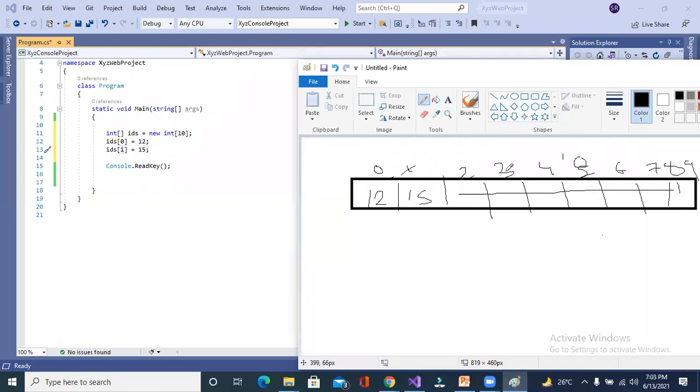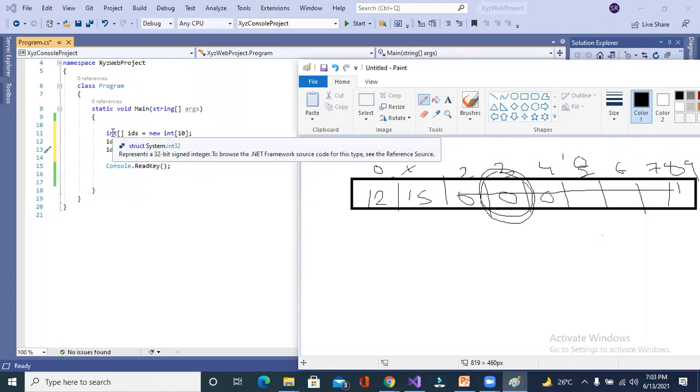If I try to access the third position, what value will I get? 0, sir. That means by default the value is 0. Why 0? Because you have declared an integer. That's why you will get 0, in the case of integer only, not for all.